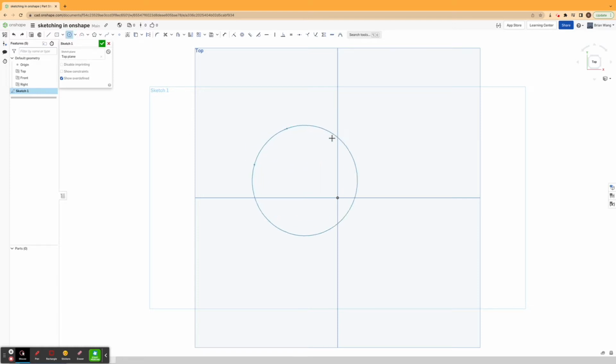through 3 points, or by clicking a center and a point on the outside of the circle. You can also make an ellipse by clicking the center, clicking a point on 2 points on the edge. You can also make arcs in Onshape by clicking a starting point, an end point, and adjusting the radius, like